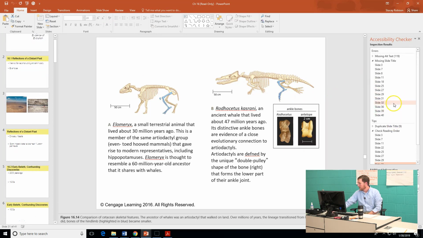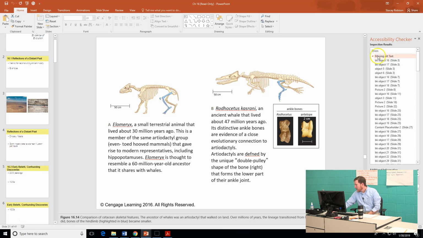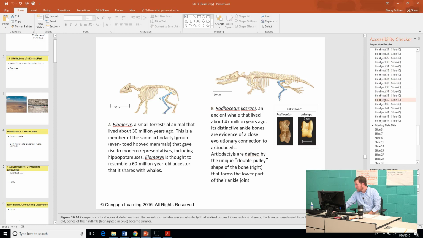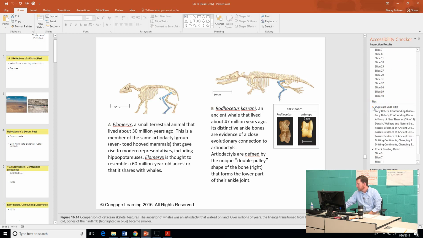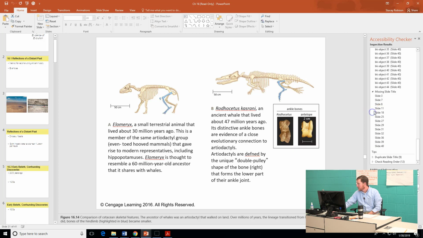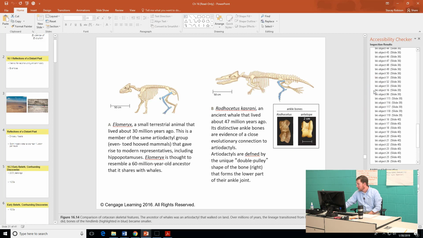Okay, I've got missing alt text for a lot of stuff. I've got missing titles for my slides on several slides, and then it's got some other things that it just kind of recommends me to look at. So I'm going to minimize most of this here. So this is a